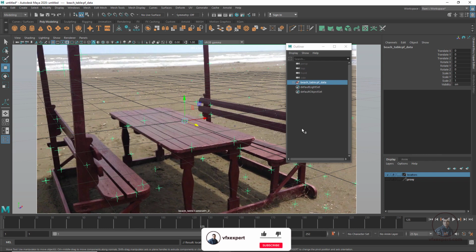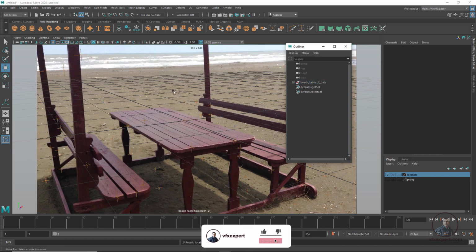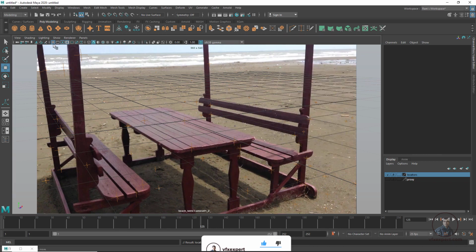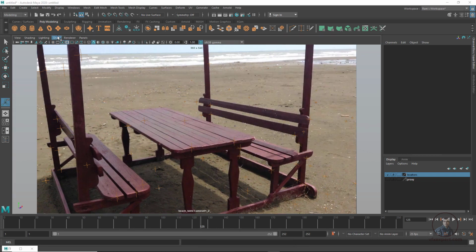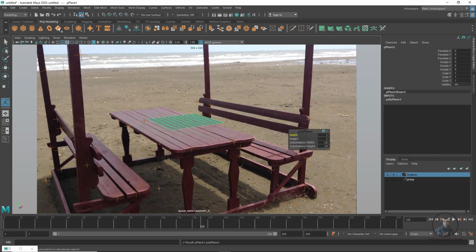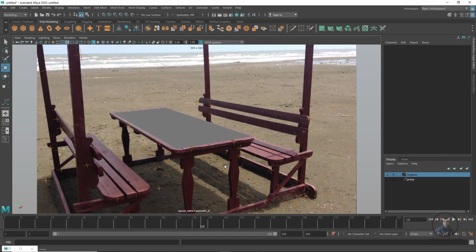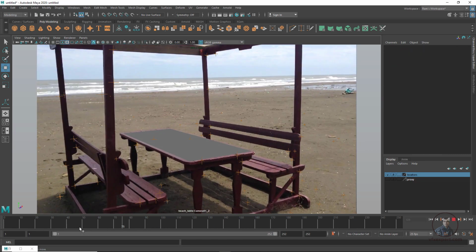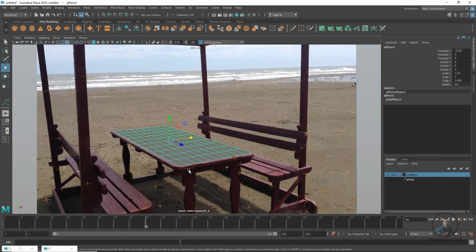Now I am going to create some proxy geometry, then I will import some model for testing purposes. Switch to our grid here like this, then click on our plane. Now you can see, scale it a little bit. This is only a reference object. Now press W like this. Now play and check a little bit. I think this is perfect. Select and assign in a display area, click here and hide this one.